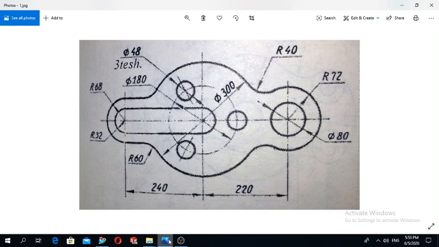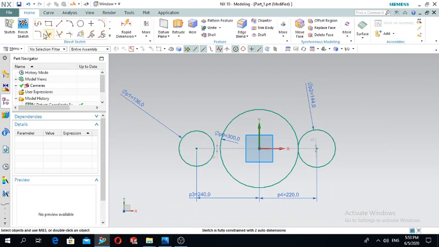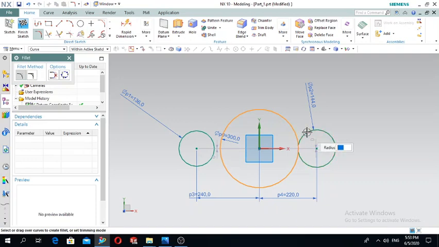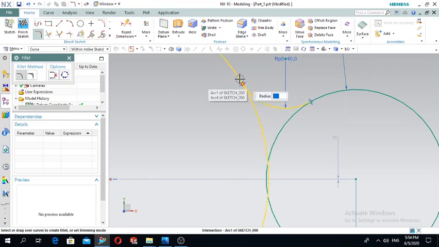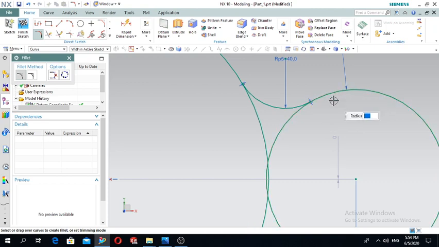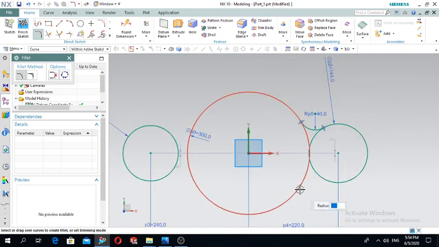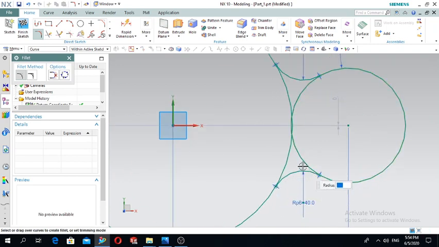Then in the next step, for example, we can make the arc here, the radius is 40 fillet. We can make it using the fillet function between this and this. That's the fillet. The radius is 40. So see, and also we can check that there is a tangent. So this arc and these circles are in tangent. So we can make the same here and here, 40, you see, or